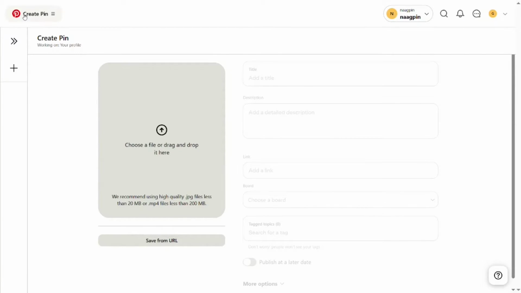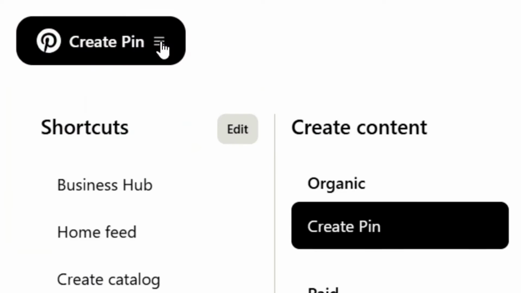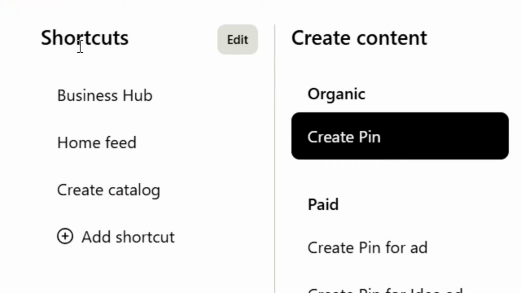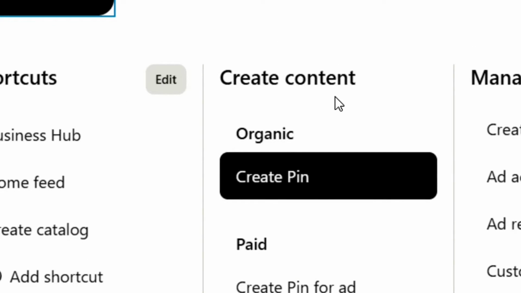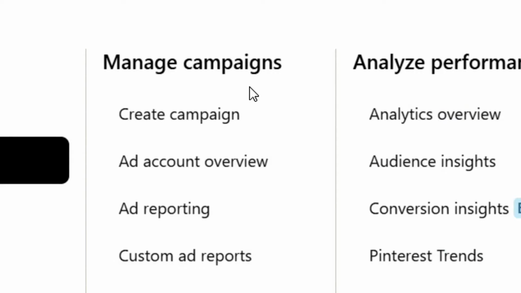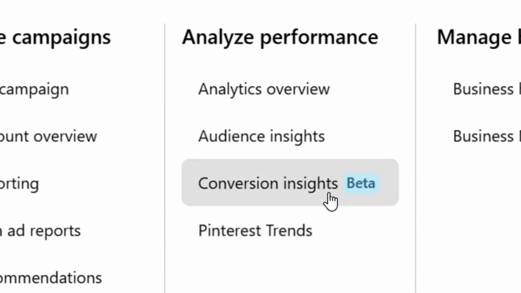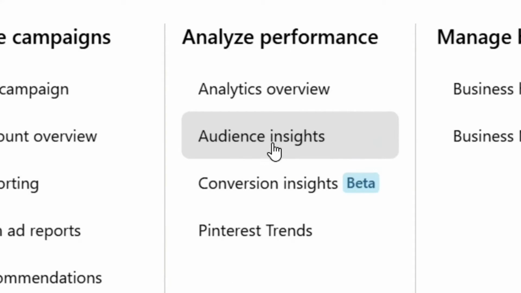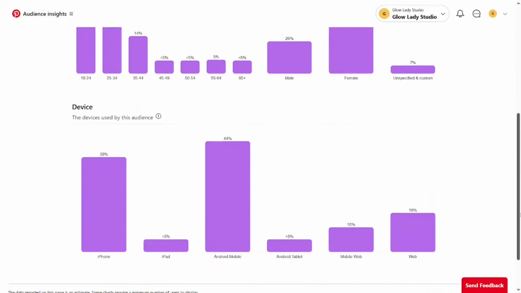Over here it will bring you right here to the create pin hub. All that you have to do is just click on it, and you have all this. So you have create content, and that is where you can create a pin. You have manage campaigns, where you can run an ad. We have analyze performance, where you can see your audience insights. So let's click on it for you to see, and this is going to give you much about the audience